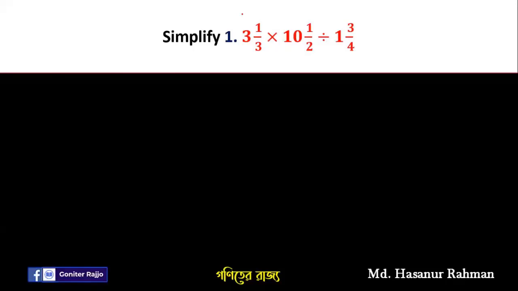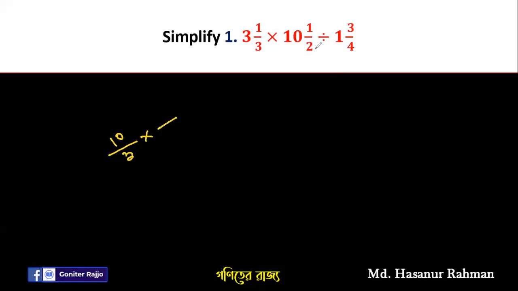Number 1. Number 1 says simplify 3 whole 1 by 3 multiplied by 10 whole 1 by 2 divided by 1 whole 3 by 4. To solve this problem, at first we'll have to convert this mixed fraction into improper fraction. So look at this. 3 3s are 9 plus 1, 10. So it should be 10 by 3